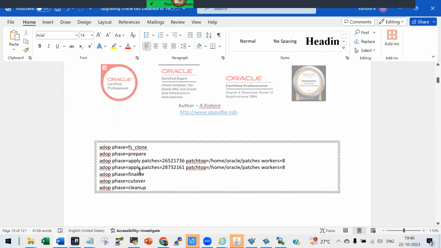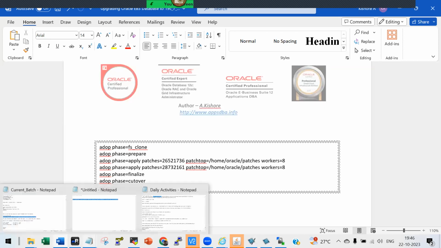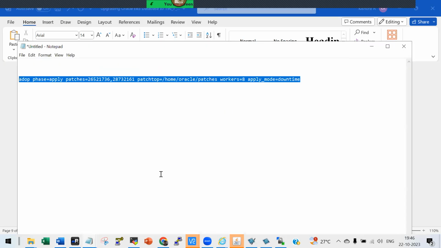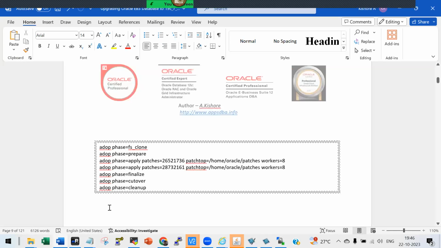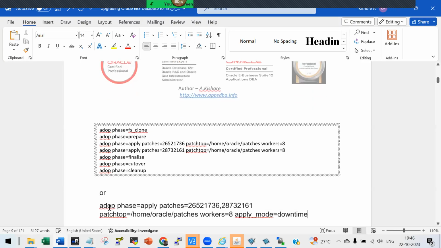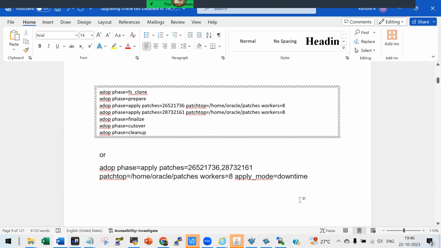Yeah. See, if you follow this process, FS clone, prepare, apply, you don't need to bring down the application. The application has to be up for AD, because you are following the patching cycle. But if you are following this method, with apply mode, which is not recommended in production but which we follow in development and UAT, apply mode downtime means